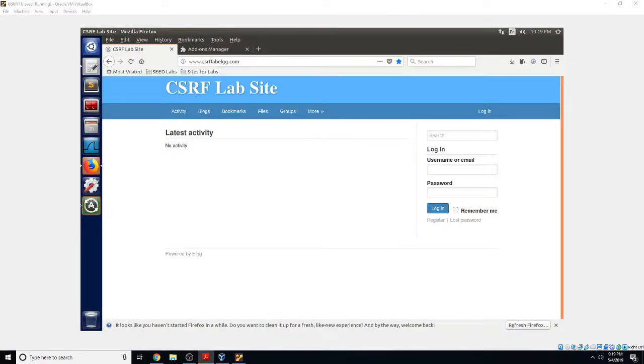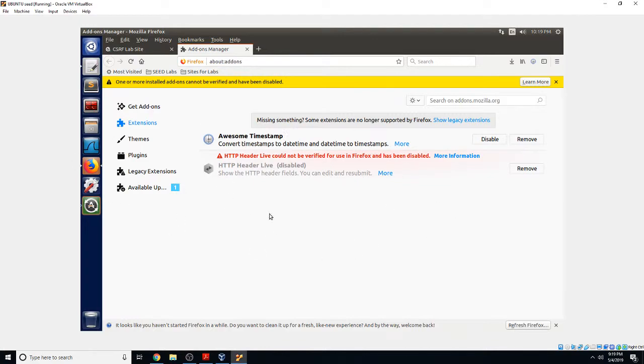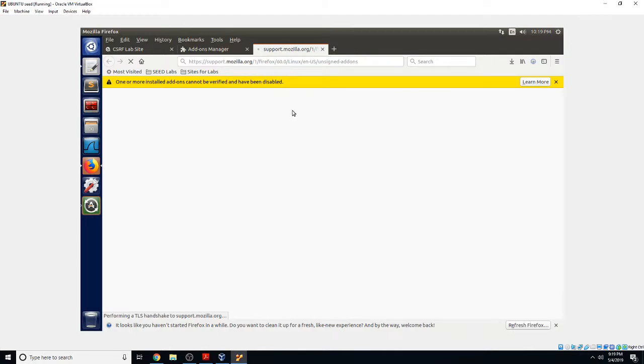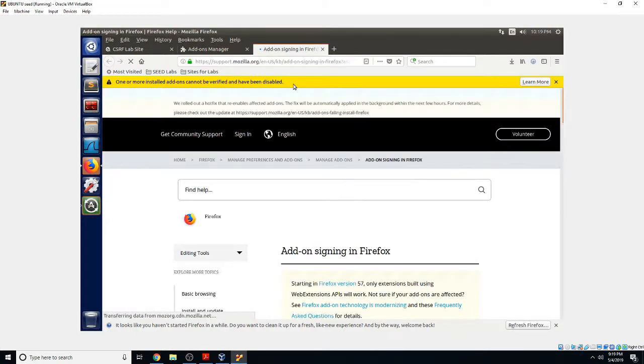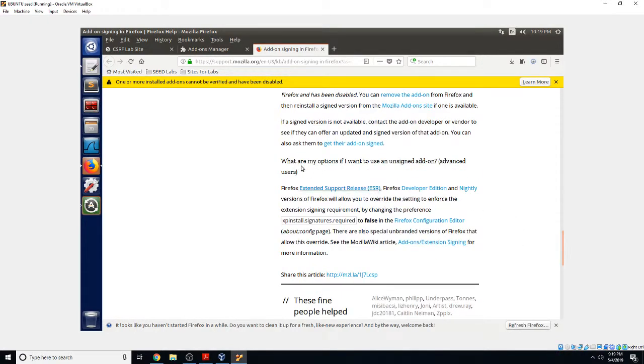This is the cross-site request forgery attack by Seed Labs, and due to a recent update, HTTP Header Live will no longer be able to verify. So what we have to do is click more information, and Firefox is going to tell us how to do a workaround. Go to the bottom of the page, and then we're going to look for this option because I do want to use that add-on. So we're going to go to the about:config page